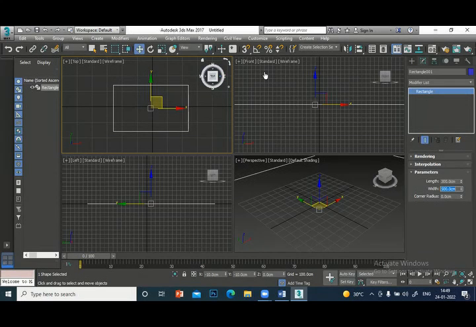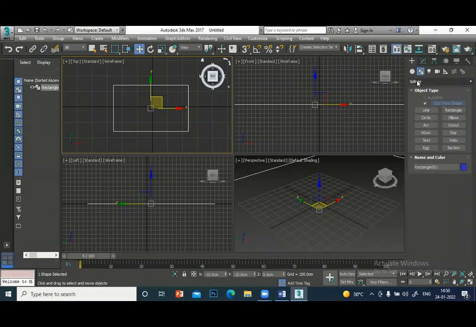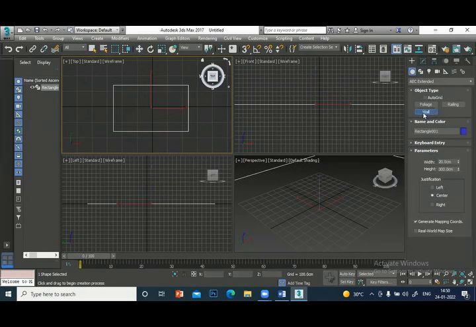So I will go to walls now. I'll switch off the camera. I'll go to wall. I want left, that means inner measurement. Left. So the wall will be exactly 5 meter by 3 meter inside measurement.